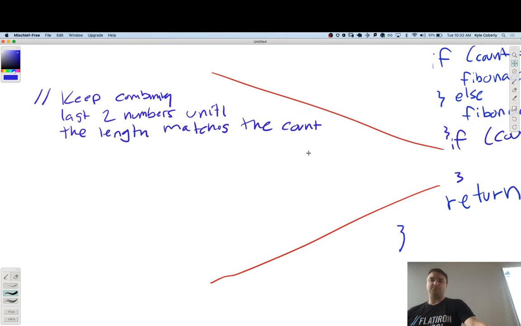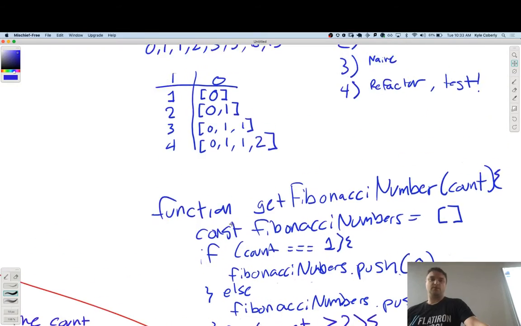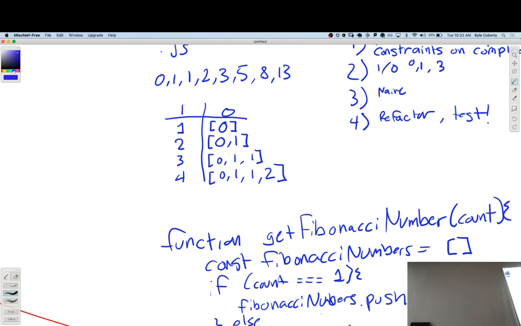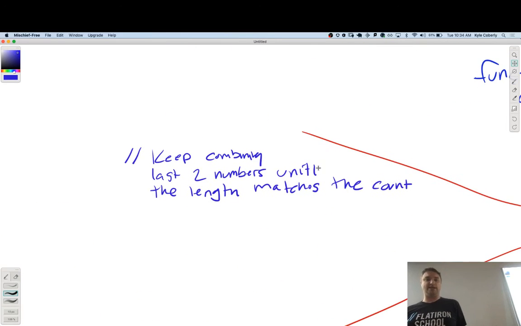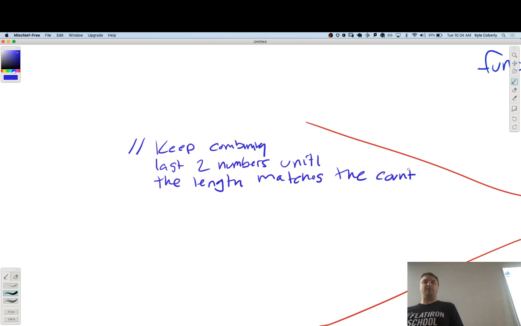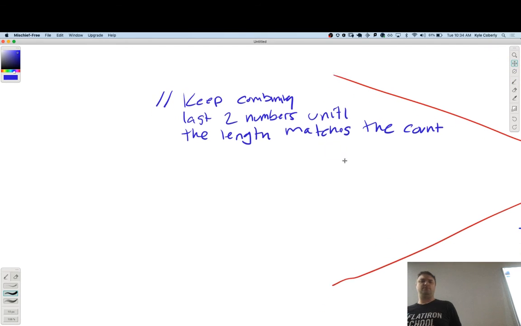All right, so do these match? Yeah, so 1, length of 1, 2, length of 2, all the way down. So I want to keep combining the last two until the length matches the count. I'm going to start with a while loop for this.